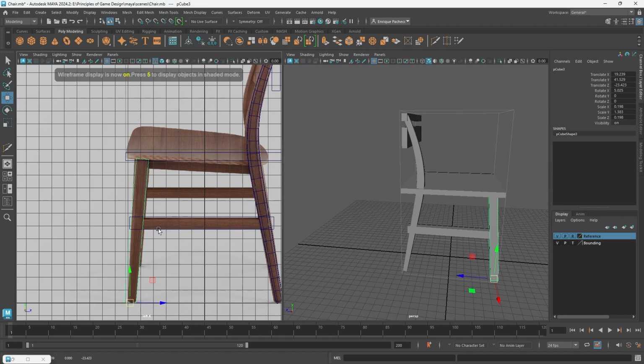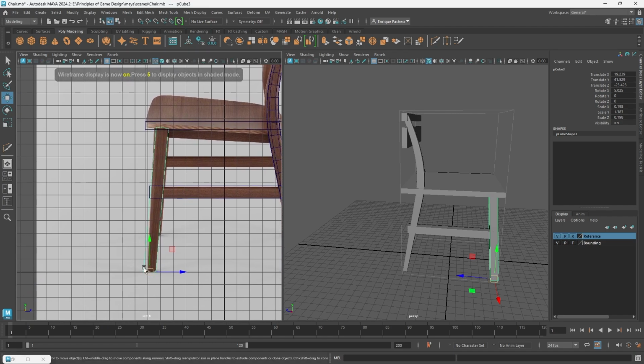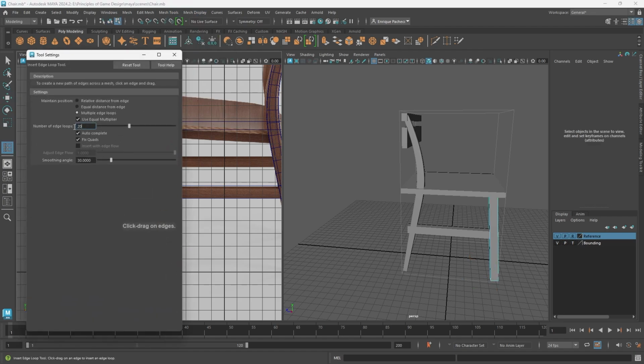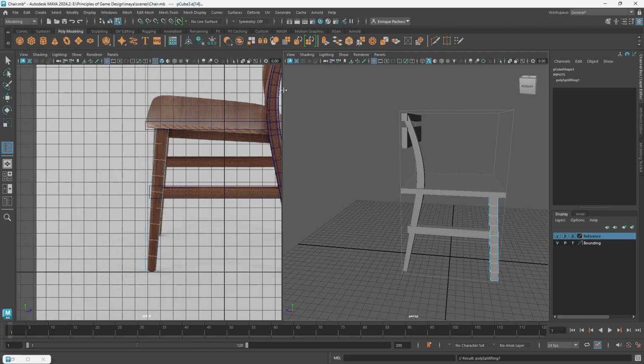And if we take a closer look, it is also thinner at the bottom. So we're going to need to taper this. Let's go ahead and start by adding in some edge loops. Edge tool, insert edge loop. We probably don't need 20 this time around. Let's go for a solid 8. Add those in, and then we can go back to object mode,